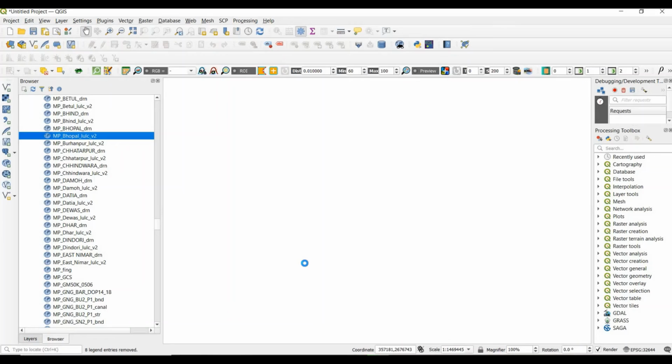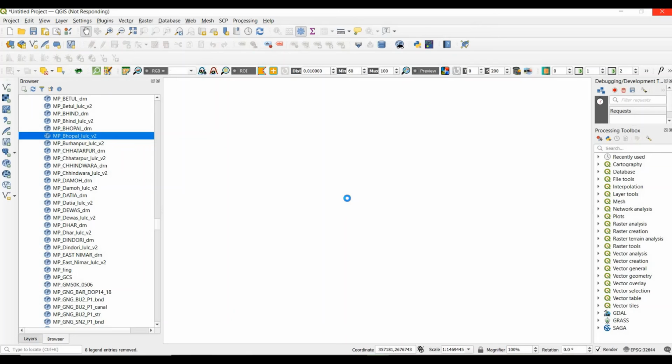By choosing this option, after some time we see the LULC data layer of Bhopal will appear in our workspace window.